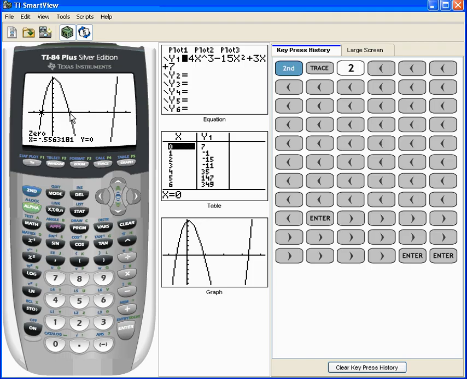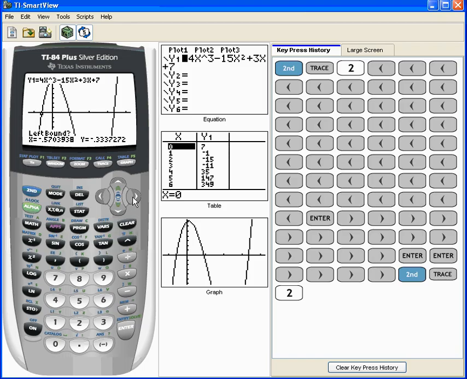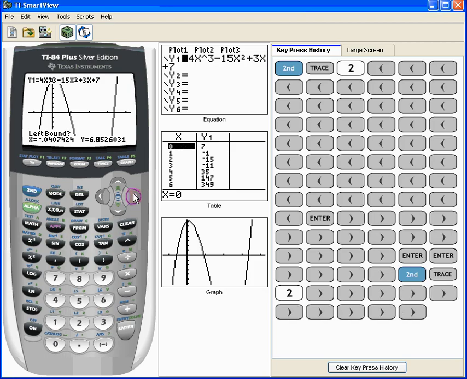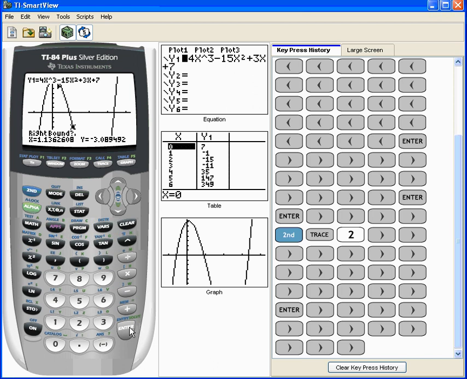Okay, so you could type it in and you can try to find that zero. You can pause the camera and I'll come back to it. If you stick with me here though, I'm going to do the same thing. I'm going to just do second and trace to get to my calculate menu, and again I'm going to click 2, and here I'm just going to be a little bit faster. I want to make sure I'm on the left hand side, but above it I hit enter. There's my bracket. I go past it. I'm below it. I hit enter again. There's my other bracket, pinching it off. I hit enter one more time, and there's my other zero,